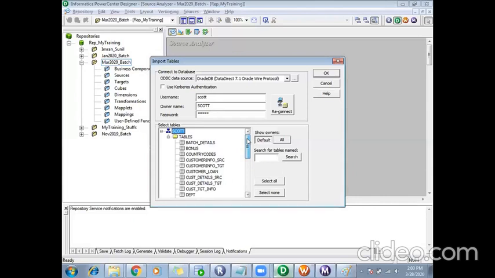Actually, when you import the squad schema for the first time, you will see only 5-6 tables. I have just created other tables for my purpose. So it will list down all the tables which are there in the squad schema. In that, you can select the table for which you want to create a source. So it was my EMP table. So I'll select that EMP. I'll say OK.